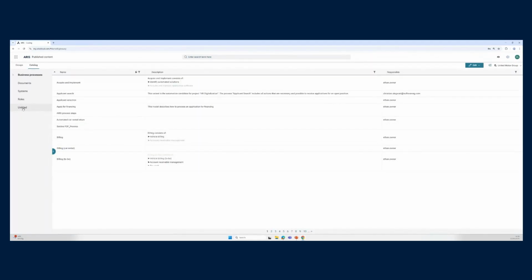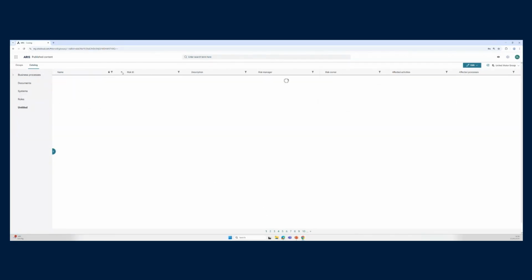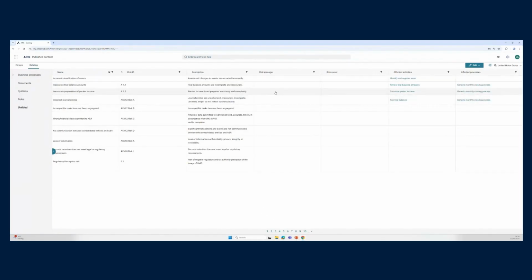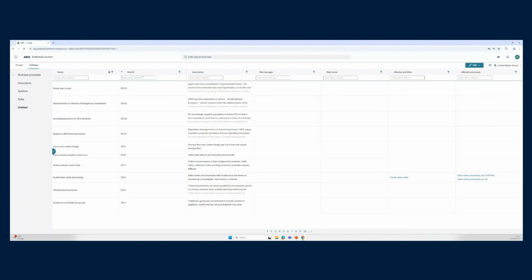So yeah, it hasn't yet refreshed, but looking at the risk catalog, you can see that I have my risk catalog. I can look through it, I can sort it, and I would be able to maybe filter it based on certain criteria that I enter. It's giving you a lot of flexibility to set this up. So coming back to the slides,